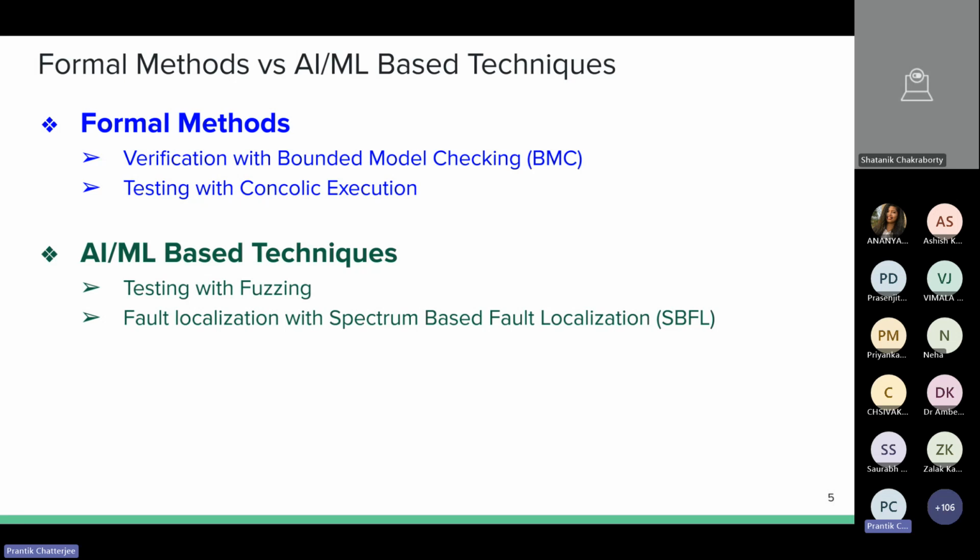And then there is another application which is called fault localization with these spectrum-based fault localization approaches, or SBFL. So the way it would work is that given a program, if it is a buggy program, you would like to identify where in that program the bug lies, in which component, in which line, or in which function there is a bug. So as you can understand, this is finding out exactly which line contains the bugs. It is essentially a finding a needle within a haystack problem. So it's difficult, but you can automatically do this using this SBFL approach. So in this talk, I'll be mostly focusing on these AI ML based techniques, which is this fuzzing and SBFL.